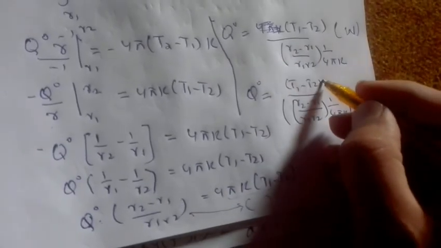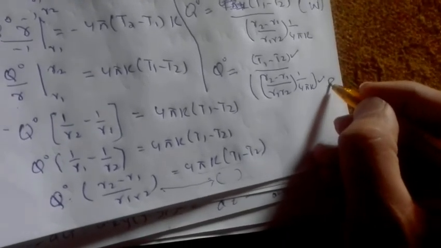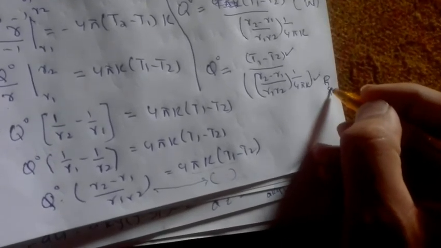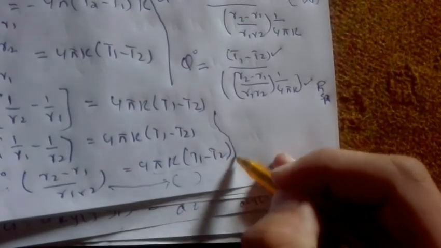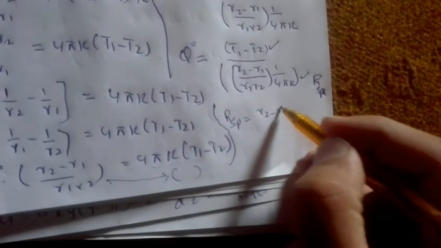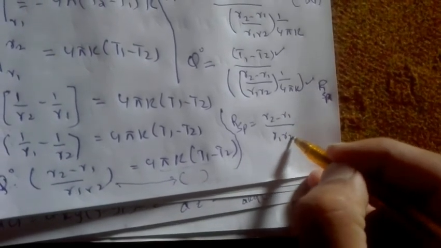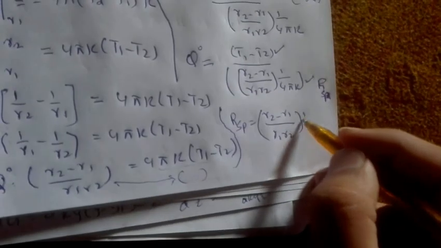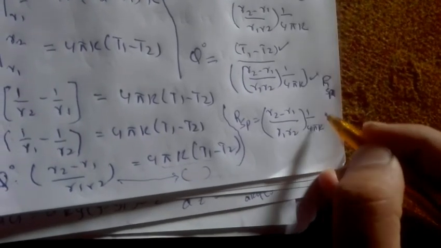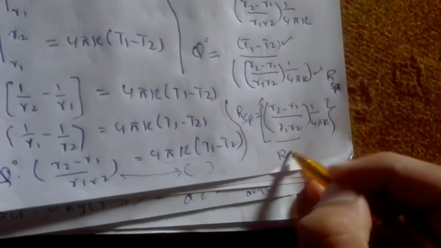So this is the driving force, T1 minus T2, and this is the resistance to heat transfer in the sphere. So the resistance to heat transfer in the sphere is R2 minus R1 divided by R1 R2 into 1 over 4 pi k. This whole term is the resistance to heat